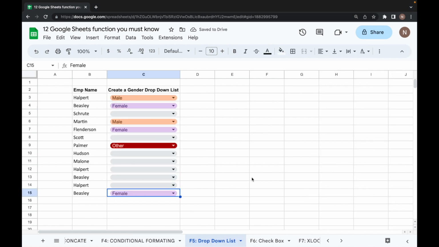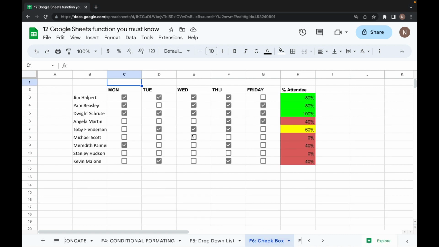So next function we will learn is checkbox, how you can use checkbox and how it is useful, and how you can create checkbox. So you can see a few employees have been selected, so whenever I change it, maybe the percentage changes here. So now if I just change it, you can see